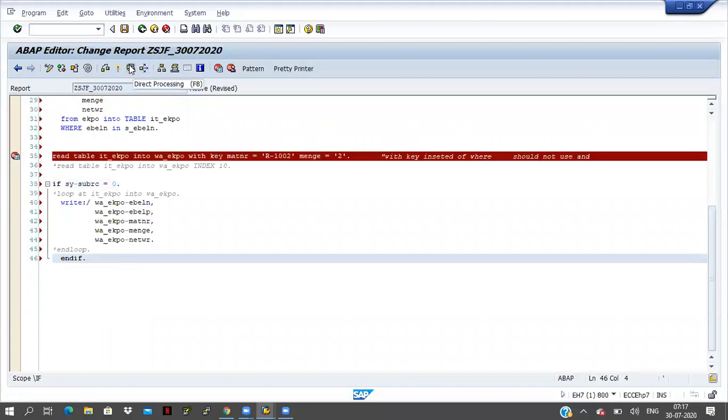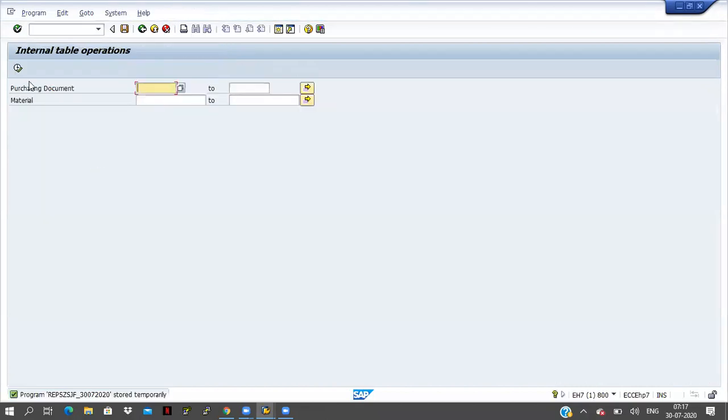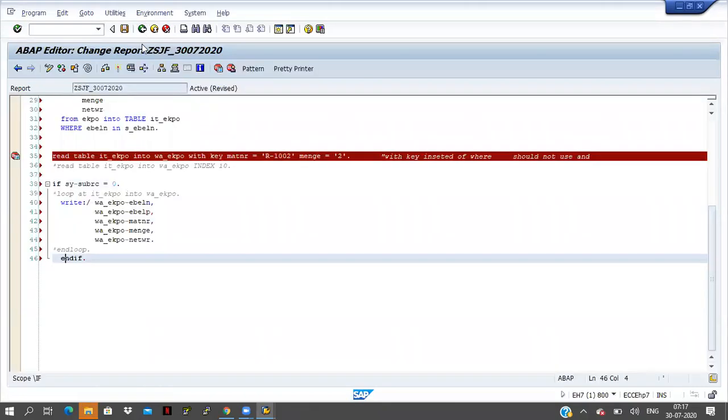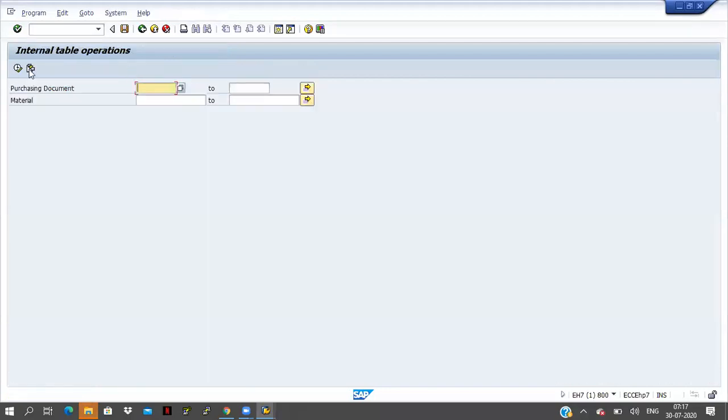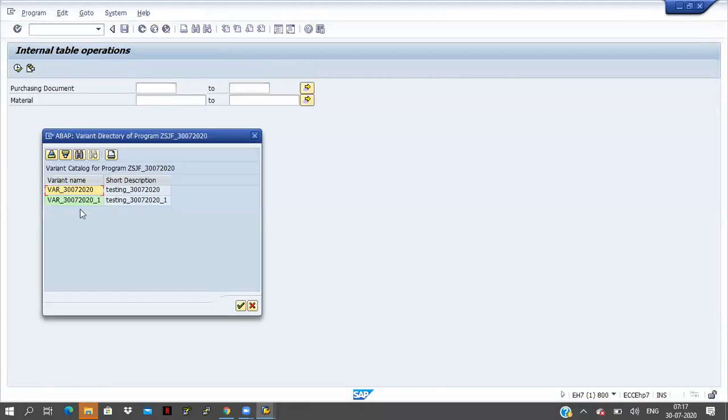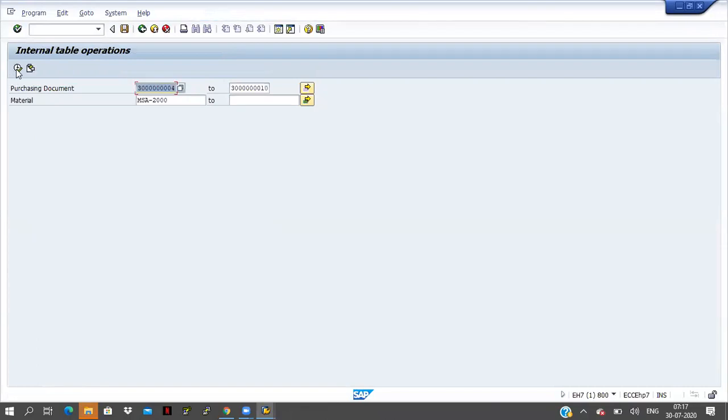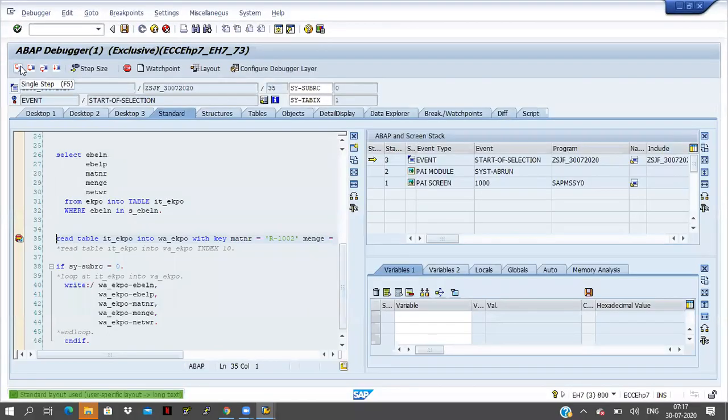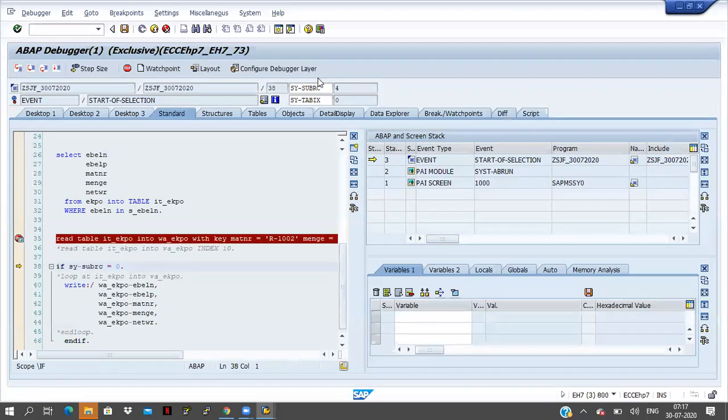One more time I'm executing here. Not activated. Execute it, and the variant is coming. Second variant. Click on the execute button. Click on F5. See, SY-SUBRC equal to 4 is coming, but I'm checking if SY-SUBRC equal to 0, then only it will go inside.